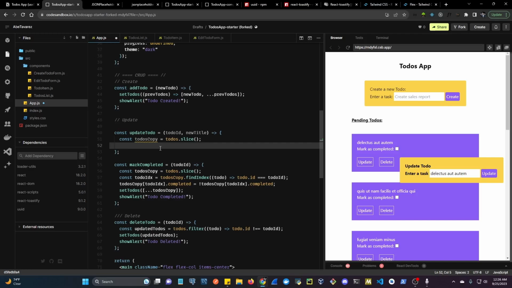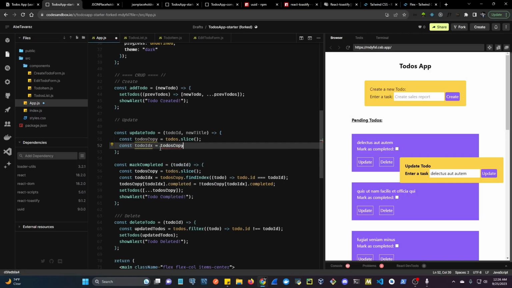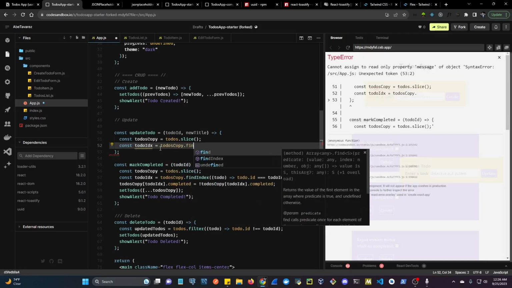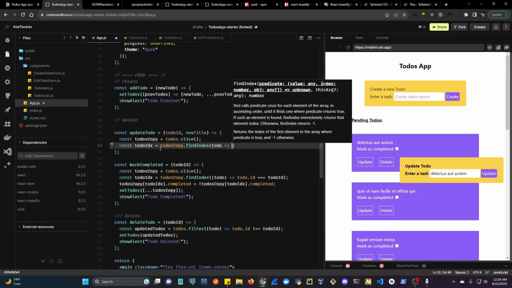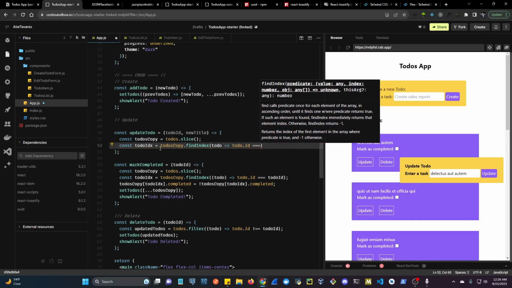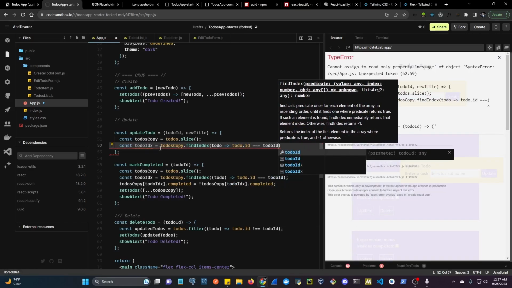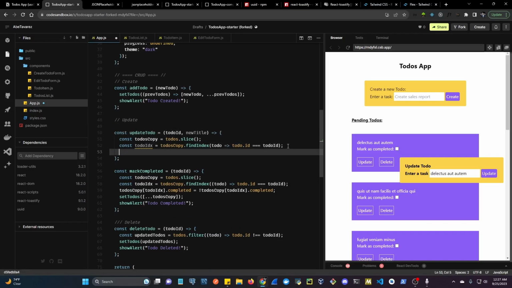And then here, we're going to say const todoIdx equals todosCopy.findIndex. We're going to grab each to-do, look at the todo.id, and look for one that's matching the to-do ID that we're passing from the function call. And then we're going to use that index to grab the todosCopy,